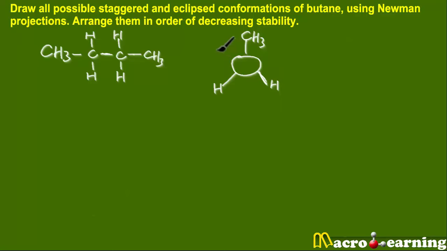In the front, let's draw a staggered to begin with. Let's put the methyl group in the bottom, opposite to this other methyl group in the back, and these are the two hydrogens. So this one in the front represents this whole thing here. Right? Okay, that's one of the staggered